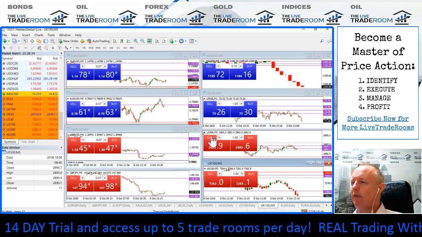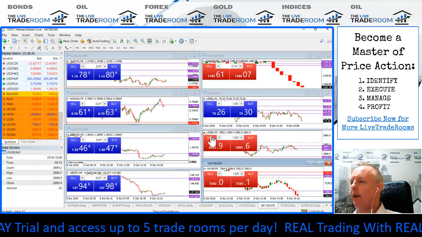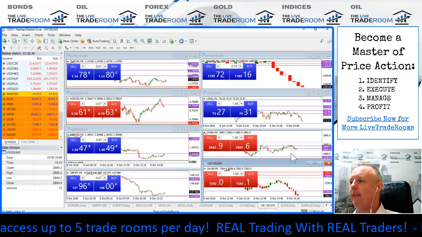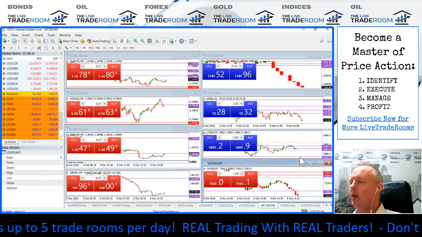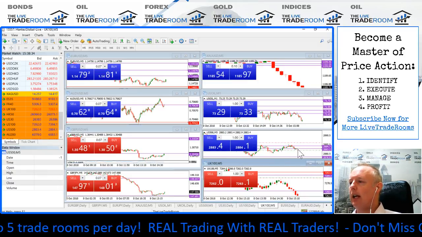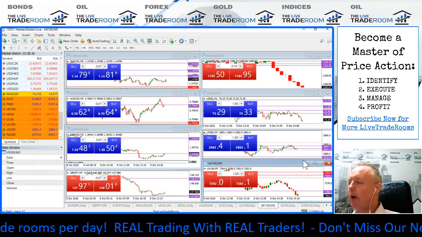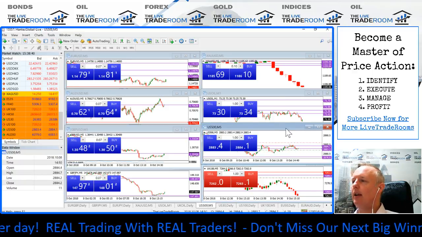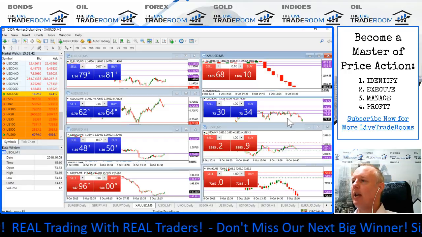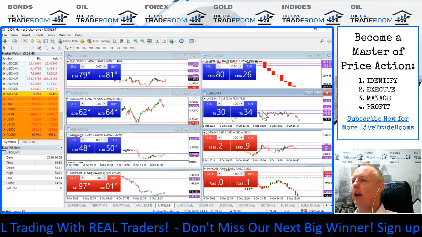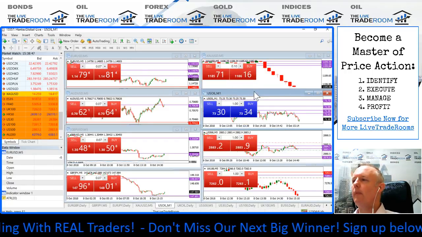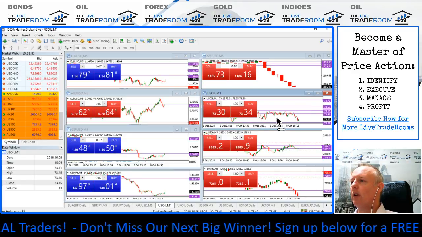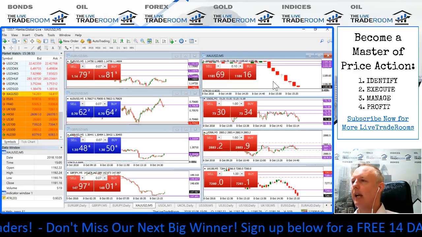Same situation for the S&P 500. If we get a break below the 2878 level, we need a flush lower, of course. Then we can look to probably take risk off the table completely on that trade, and get yourself into a position where you're risk-free very early on. And then you can focus on taking profits.